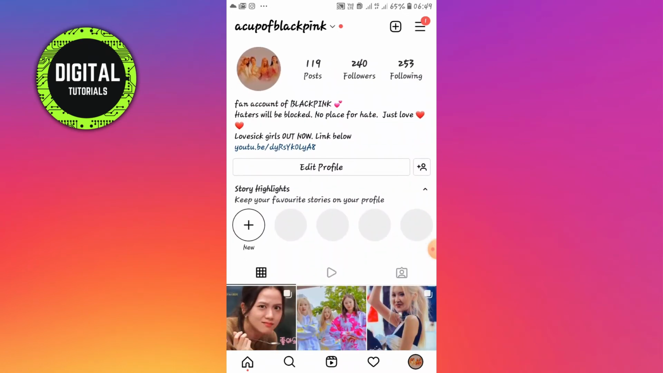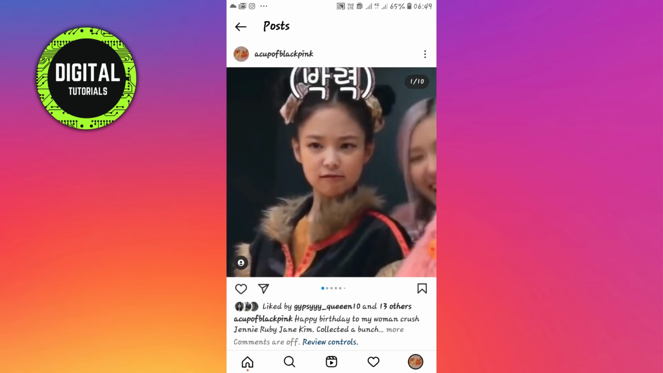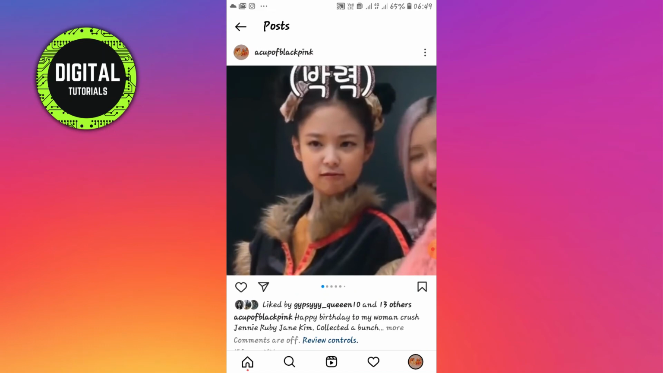Now tap to check if the comment section is turned off or not for that post. Tap here, tap the same post, and now you will see that the comment section is off. There's no comment section. So it's confirmed that the comment section is off. So guys, this is how you turn off comment section so no one can comment on your